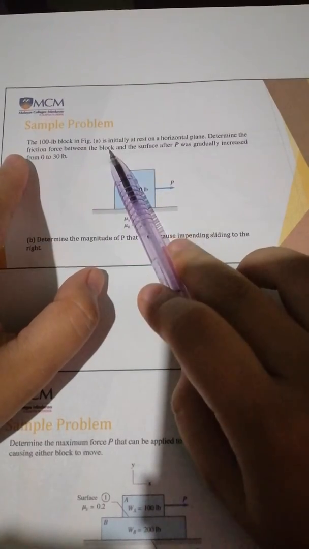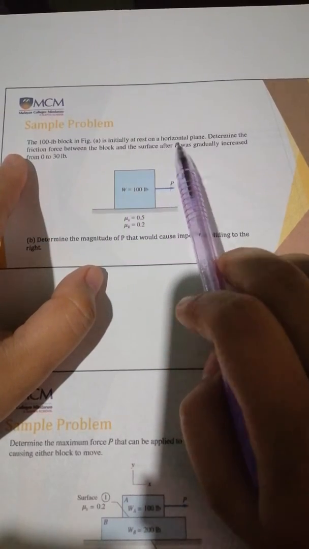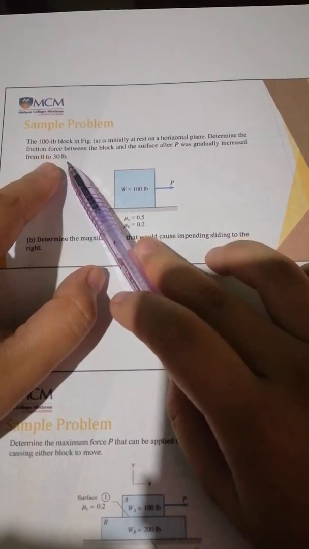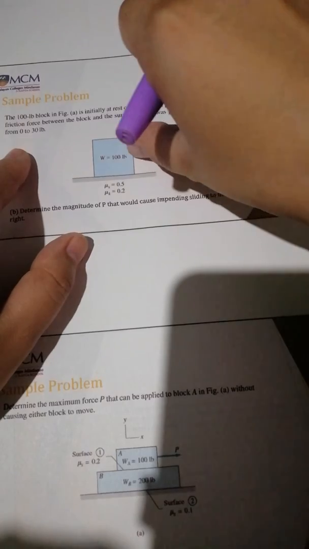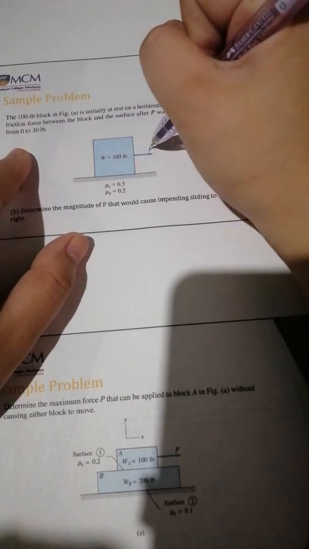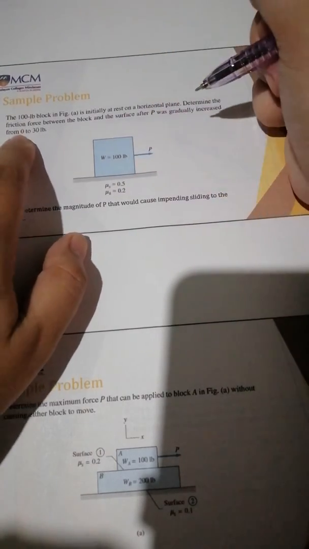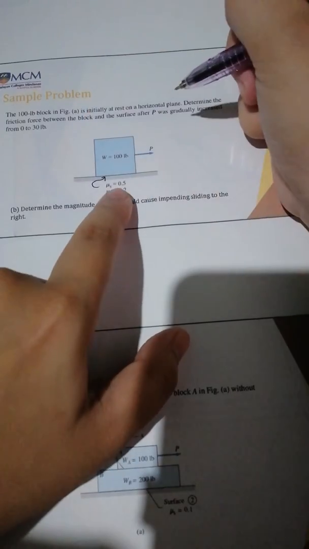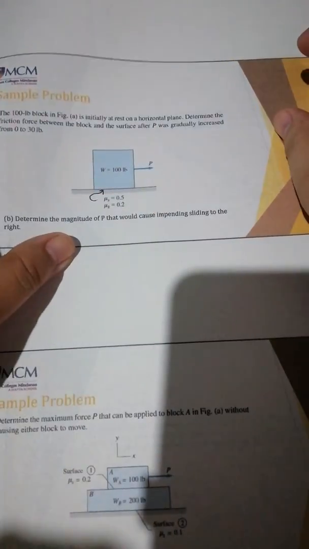Determine the friction force between the block and the surface after P was gradually increased from 0 to 30 pounds. So there is a pulling force P right here, and the magnitude of P is increased from 0 to 30 pounds. Now, it is given that on the contact surface, mu s is equal to 0.5